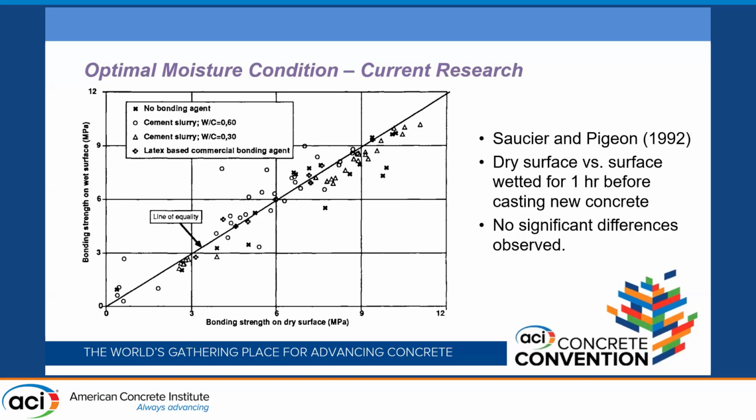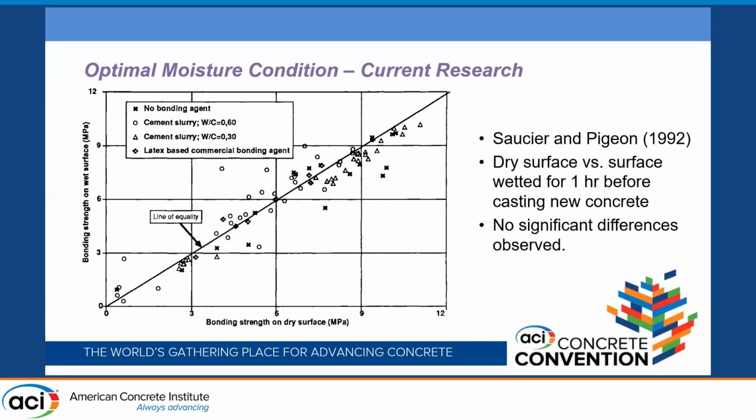They also had several conditions: no bonding agent, a cement slurry bonding agent with high or low water-cement ratio, and also a latex-based commercial bonding agent. The bond strength, in shear or in tension, is presented based on those two conditions, and